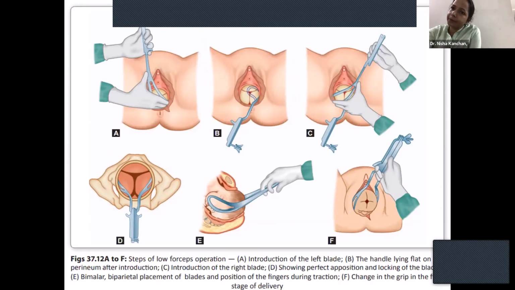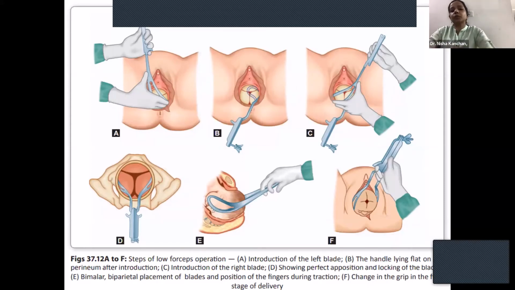In the same way, here the right hand is in ping pong position and the left hand is guarding the vagina, and you're putting it in. After which this is locking. So you lock. When you lock, the handles should come together. If you cannot lock properly, there will be a space in the handles, then you know that your forceps application is wrong. Then you do your 3 checks, which are: sagittal suture is in the midline of the shanks.